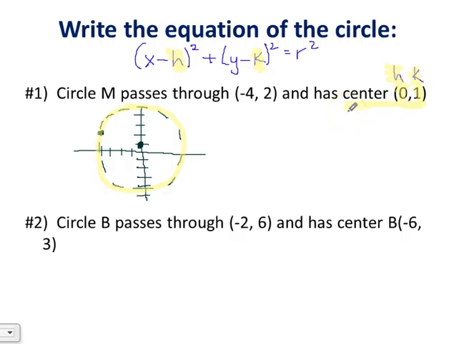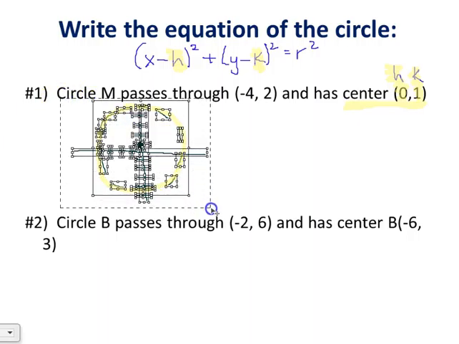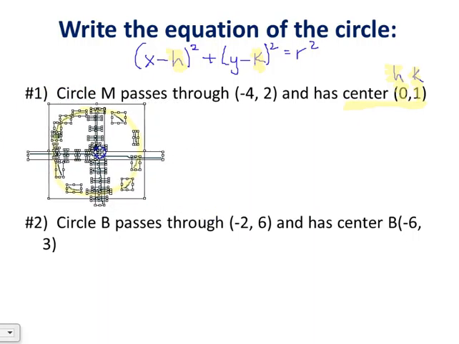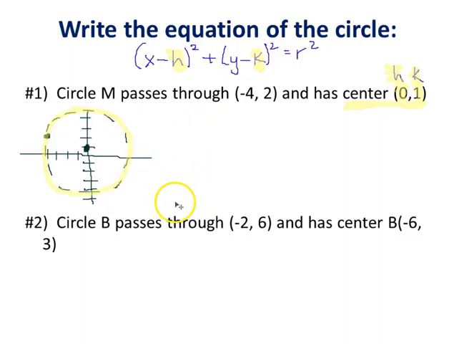We just need numbers for the radius. So how can we figure out what the radius of the circle is? Well, that is when we get to use the distance formula. So that's why I'm going to move this all over a little bit. That's why we reviewed the distance formula today, so that we can use it now to find the radius of the circle when we're only given a point that the circle